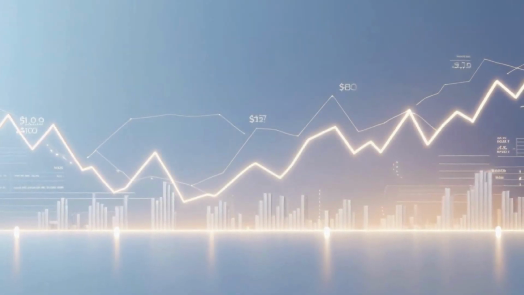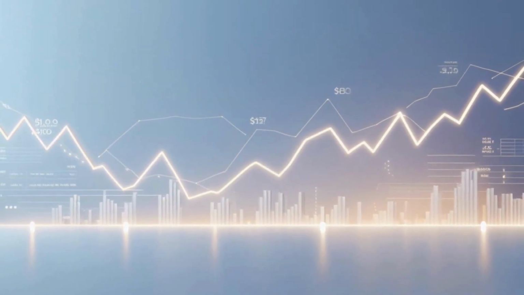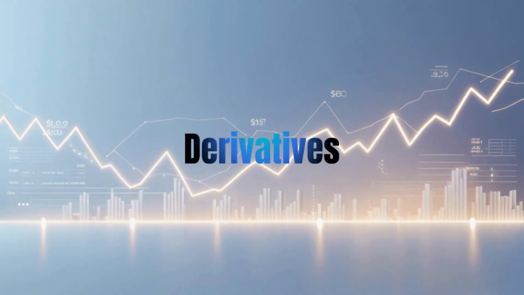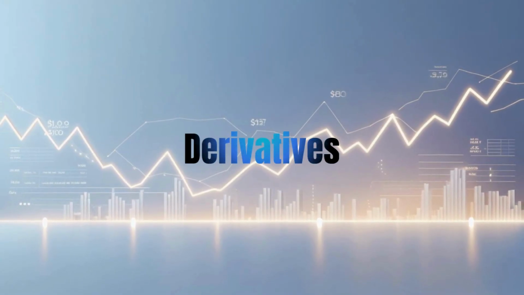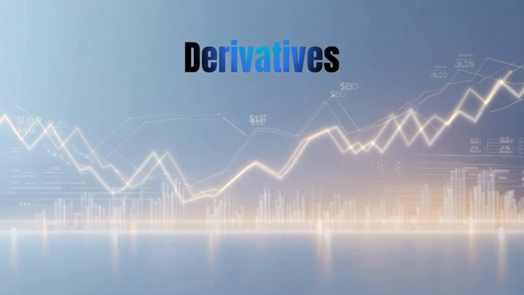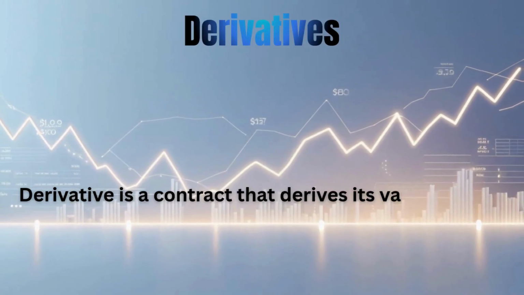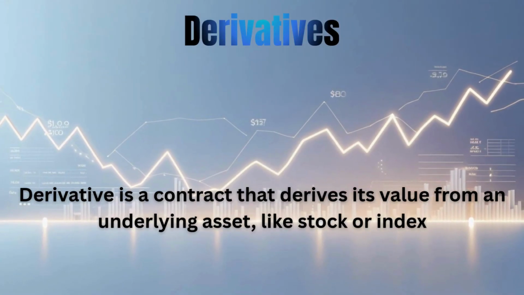Hello, everybody. Welcome back. In the previous video, we discussed what is derivative. We've seen that derivative is a contract that derives its value from an underlying asset, like stock or index. In this video, let's explore the different types of derivatives you'll come across, and more importantly, which ones are relevant